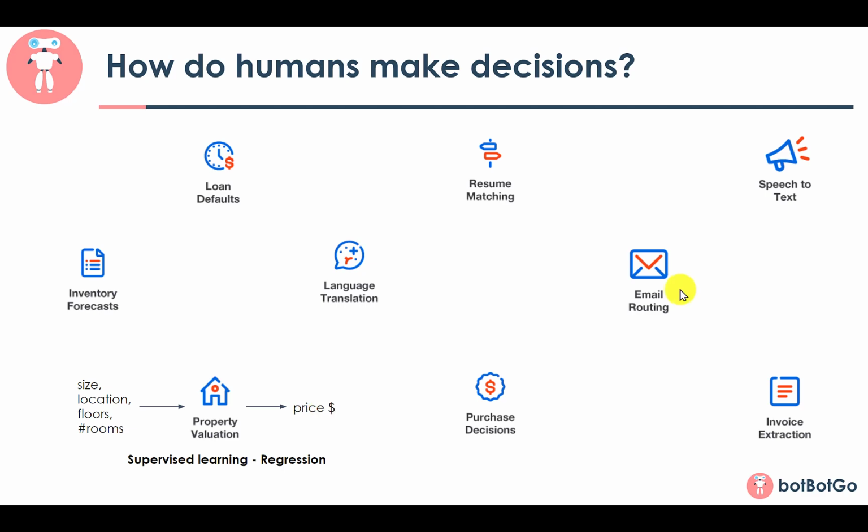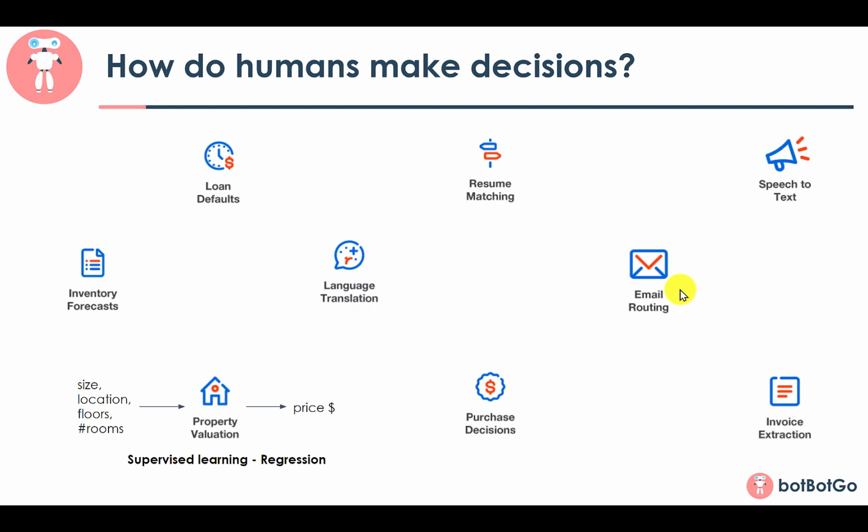But it would be different if we consider email routing. So in case of email routing, the output that you get is some kind of classification. And you try to classify your email into some kind of a category. It could happen that some emails are related to jobs and some are related to marketing. And in order to classify these